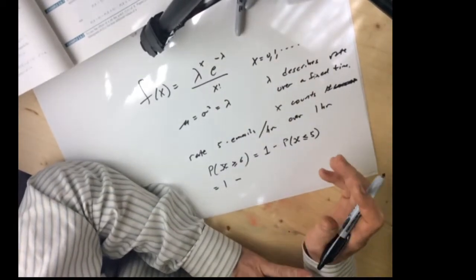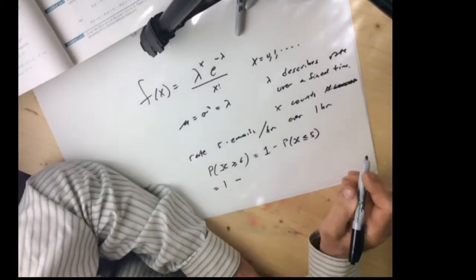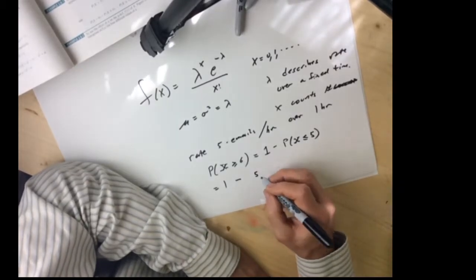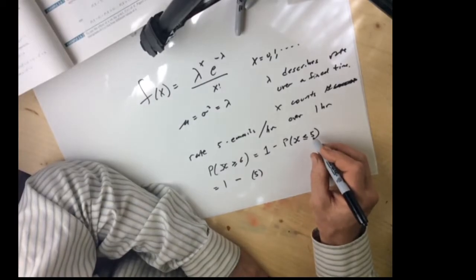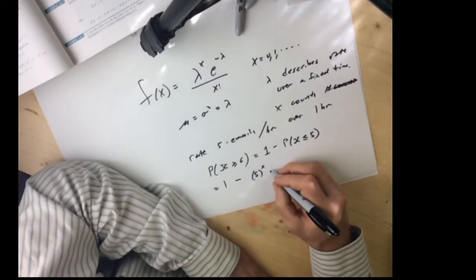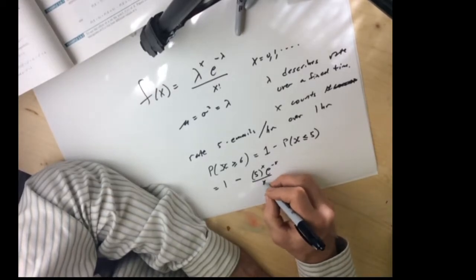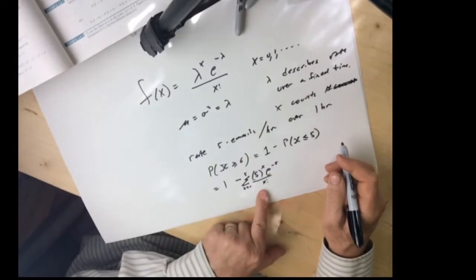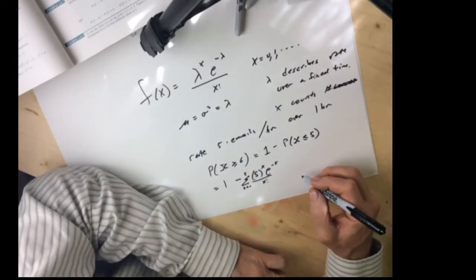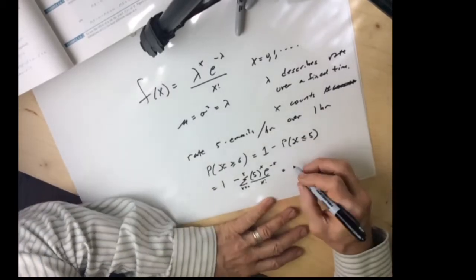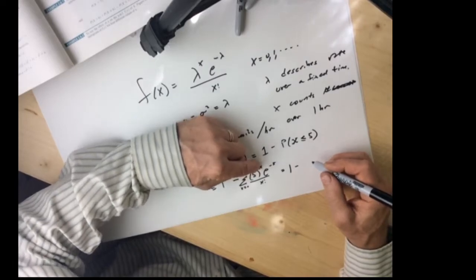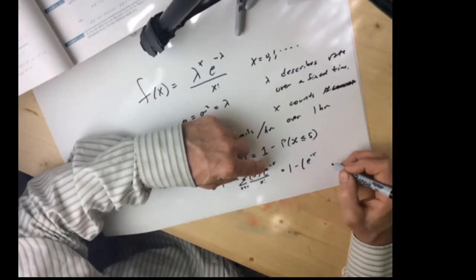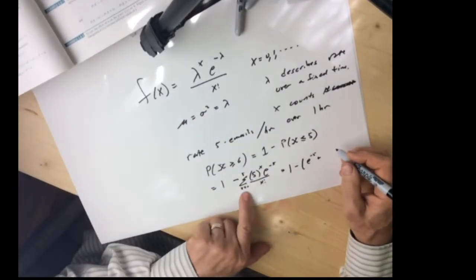is to go up here and to say I'm functioning in a 1 hour time period. I'm asking the probability I get less than or equal to 5, where lambda is 5 emails per hour. So I put in a 5 for lambda per hour, and e to the minus 5 times 5 to the x over x factorial, and I'm going to add up x equals 0 up to 5. So I just have to evaluate this 6 times. Now, we can take out our calculator and do it, or I can just write out some of them. Let's put in 0. 5 to the 0 is 1. 0 factorial is 1. We get e to the minus 5th